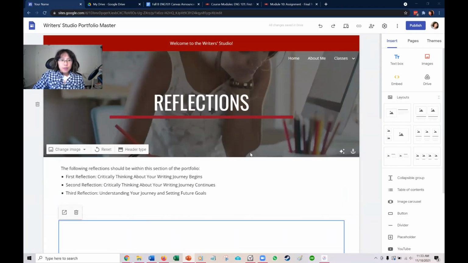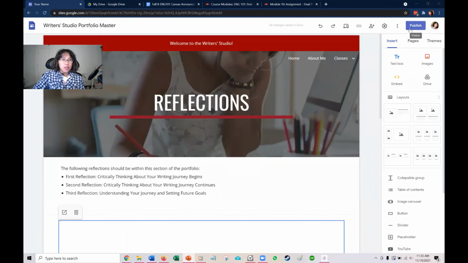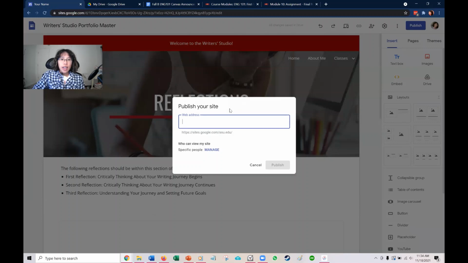So to do that, you're going to click Publish, and you can do these publish settings even if your portfolio isn't finished yet. But just make sure that at some point you're going to go through these steps. Up here on the top right corner, you're going to click Publish, and you're going to enter a unique web address. For example, I might say Meggie Tran Digital Portfolio